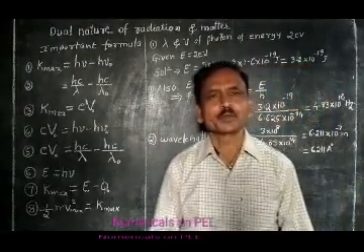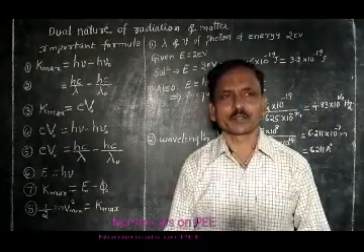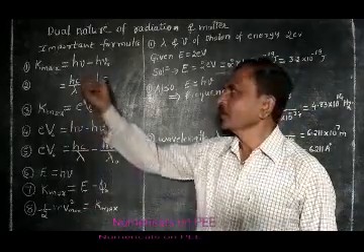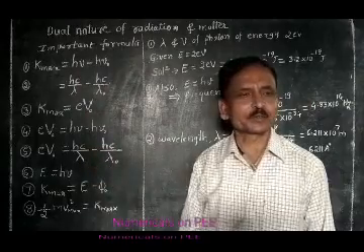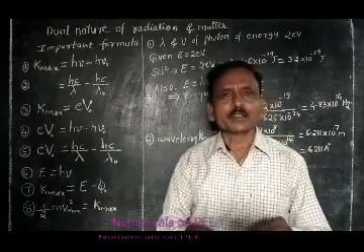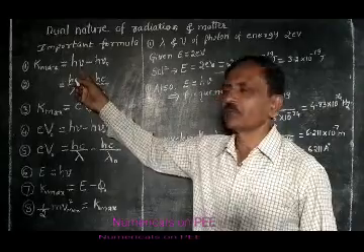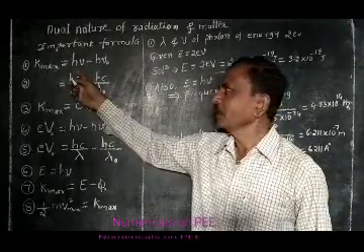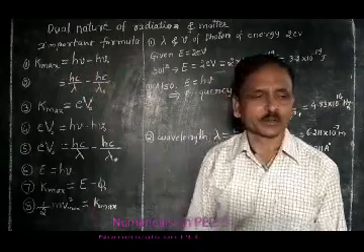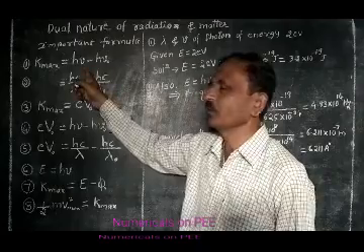Friends, today we shall solve some problems on photoelectric effect, and before that note down some important formulas. Number 1, kinetic energy of emitted photoelectrons is equal to the difference between energy of photon and work function, that is K maximum equal to h nu minus h nu naught,